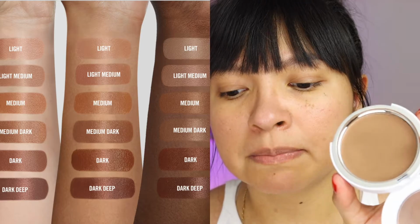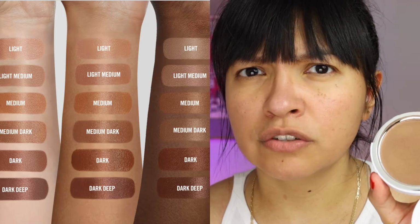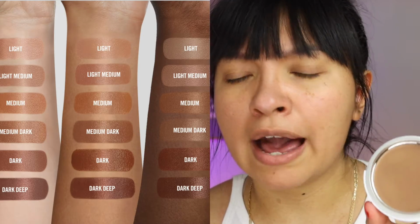Featuring 6 universal shades, this formula is non-comedogenic, and offers sheer coverage for a dewy finish. So 6 shades. This is the medium dark. I swatched a couple of them that were out when I went to Sephora. They were completely sold out, so I had to order this online, but they did have the testers out, so